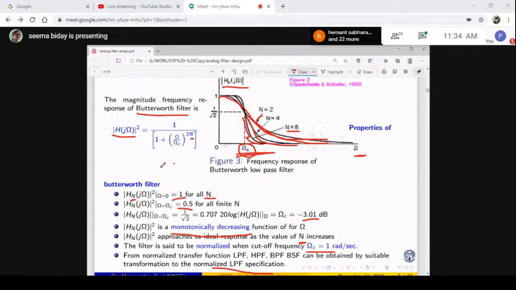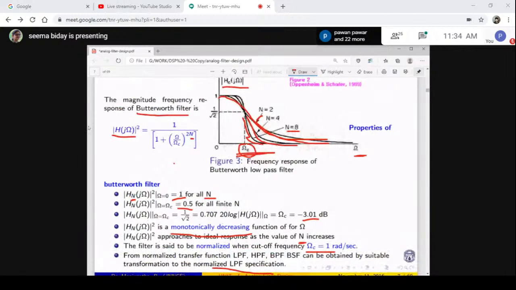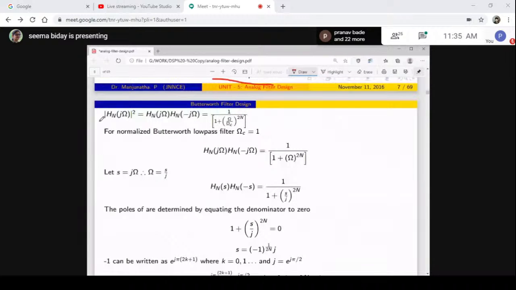Everything is important, only if you know this formula. Shall I go for the next slide? Yes, ma'am. So now, see here,